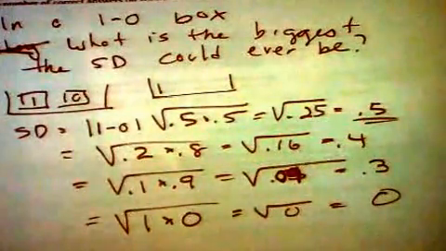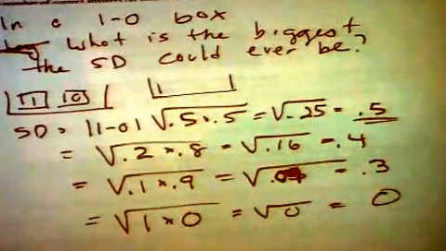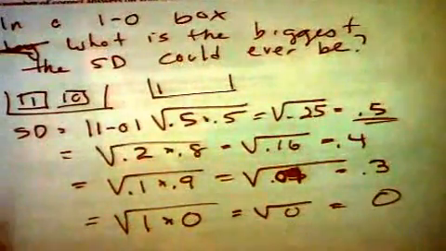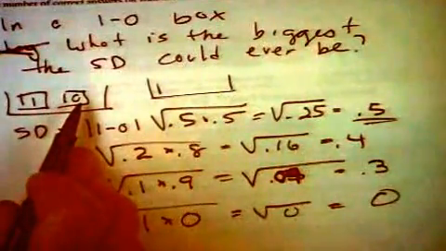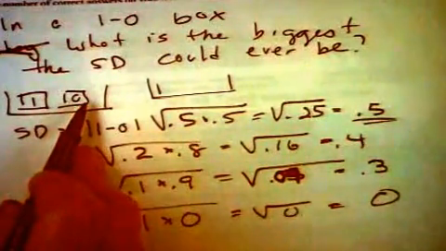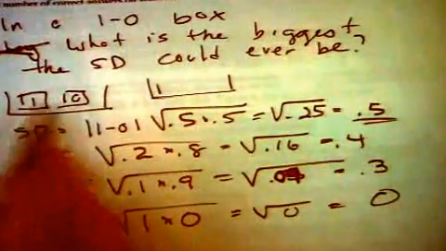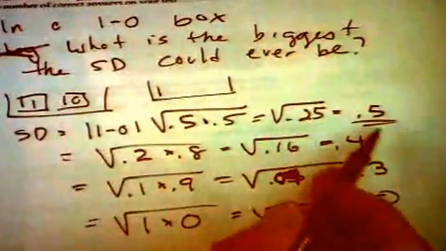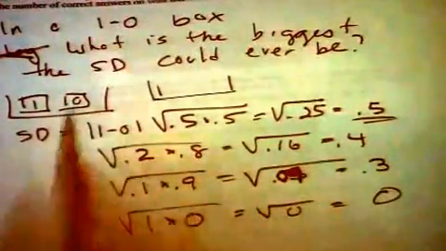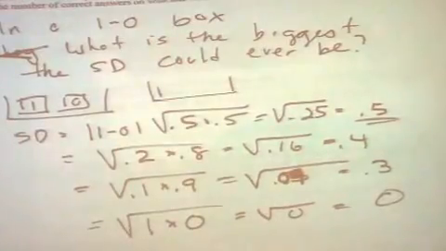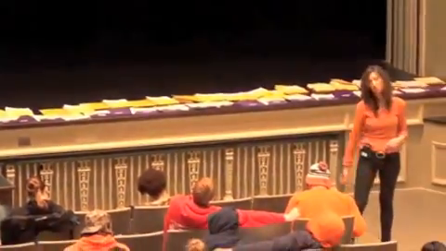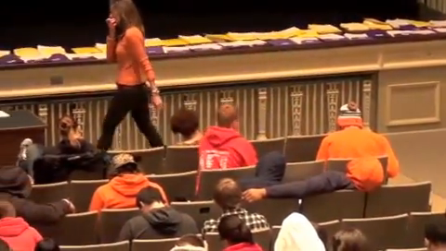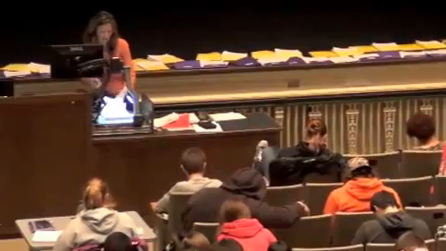Do you see how it goes? So the standard deviation of a 0-1 box has to be between 0 and a half. Look, if it's ones and zeros like this, just half and half, the average is a half. This deviates by a half down. This deviates by a half up. That's the biggest it can be. The most uncertainty. When you have 50-50, you don't know what you're going to get. If you have all ones and no zeros, you know for sure you're going to get a 1. So anyway, let's just go on. That was an aside.